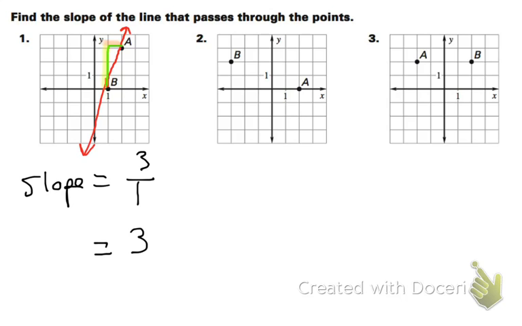Next, I take a look at the line and it goes through A and B, and I have to figure out what the slope is. As I read from the left to the right, I can see that this line goes downward, so I know that my slope is going to be a negative number, so I'll write the negative sign right now. Slope equals negative. Then I just need to figure out what the rise and the run are, so I'll go over and then down. Notice how I had to go down. That's why this line has a negative slope,